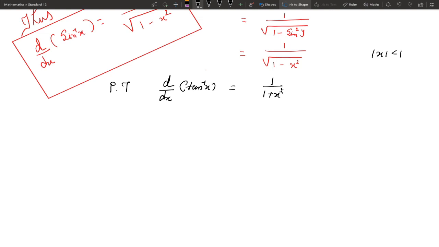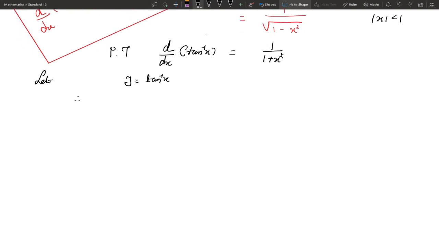Now one can prove this result easily, because let y equal to tan inverse x, therefore dy by dx,